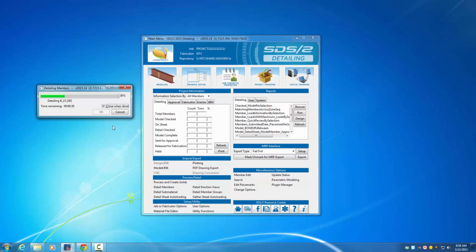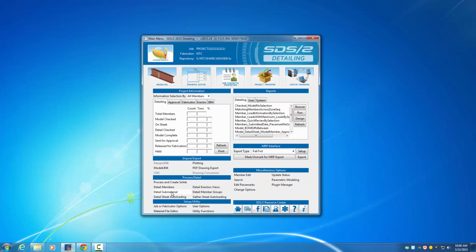And depending on your computer speed, this may be fairly quick or it may take a little while. When this is done here, we'll go back down to process and detail again,